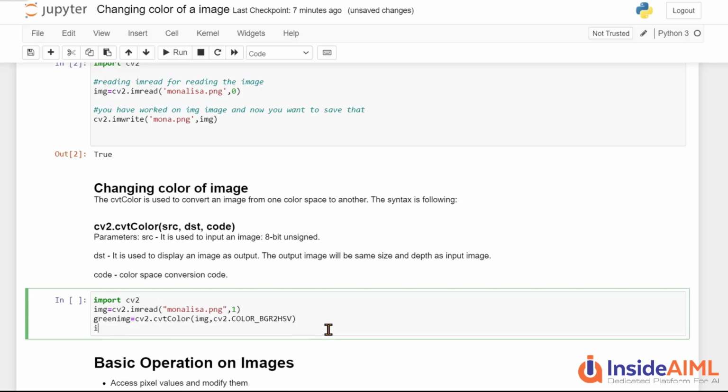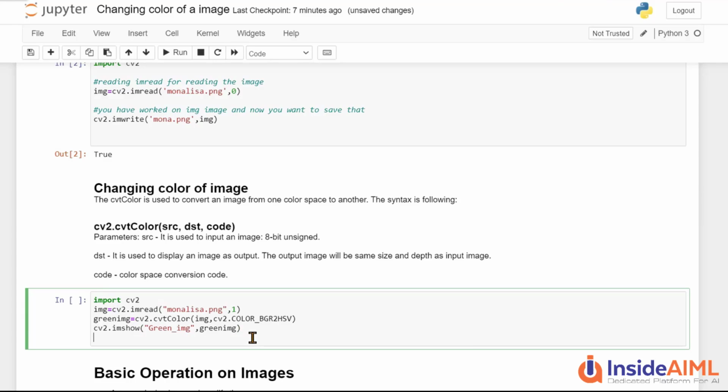Now we're going to use the imshow function of cv2, and we will try to see that image. So first we will pass our window name, that is the tab name, so it would be okay, no issue. So let's make it capital, and let's put green_img, okay.